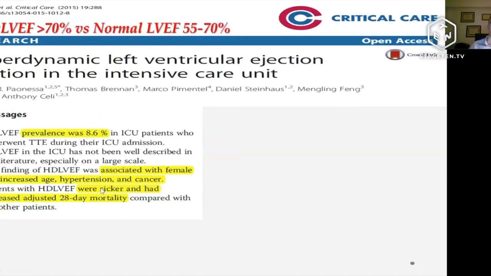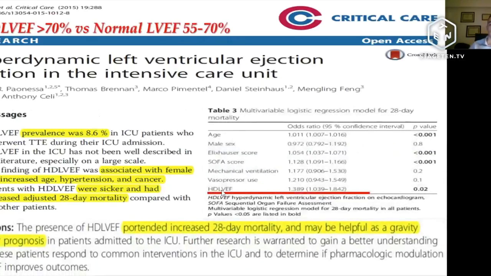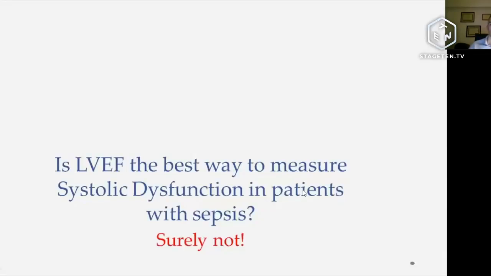And the important finding of the study is that hyperdynamic LV ejection fraction is significantly associated with mortality at 28 days, that it seems the stronger predictor in the multivariable logistic regression analysis, you see, with an odds ratio of almost 1.4. So this is very interesting. But ejection fraction